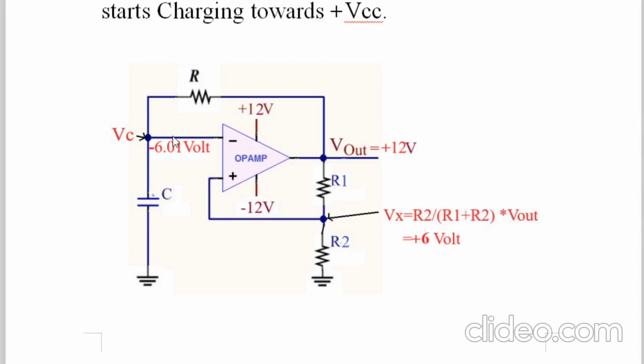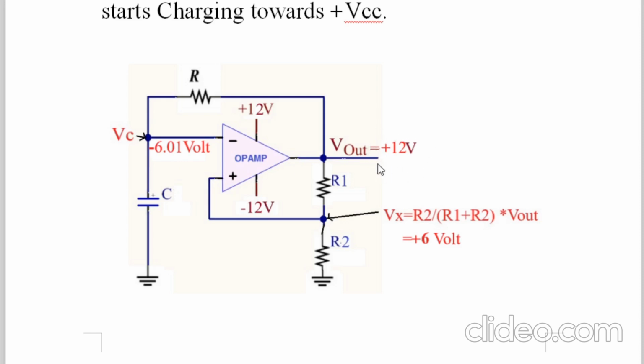The two voltages will be compared by the op amp, and the op amp observes that here there is a minus 6 volt and here there is a minus 6.01 volt. So minus 6.01 volt is more negative, or in another language, minus 6 volt is more positive than minus 6.01, because minus 6.01 is of higher magnitude as compared to 6 volt. Now minus 6 volt will become positive as compared to minus 6.1 volt, and the output of the op amp will be immediately thrown into the VSAT plus, that is HVL, that is plus 12 volt.